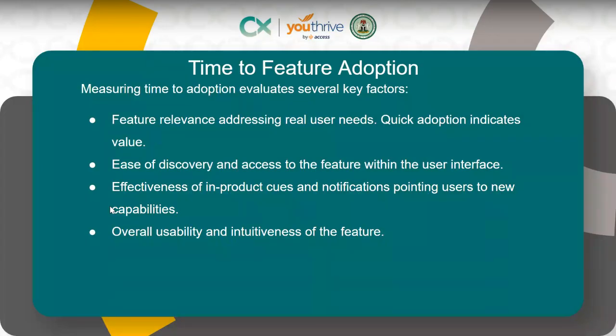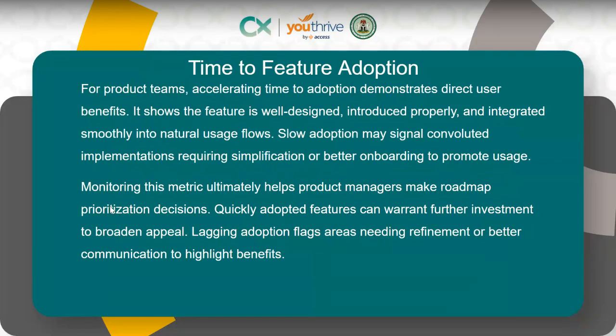Effectiveness in product cues and notification, pointing users to new capabilities. So it means that you put a lot of cues, a lot of pointers, to make people able to find these new features without having to stress or call your support. Overall user usability and intuitiveness of your feature. All right, so time to adoption for a product team,